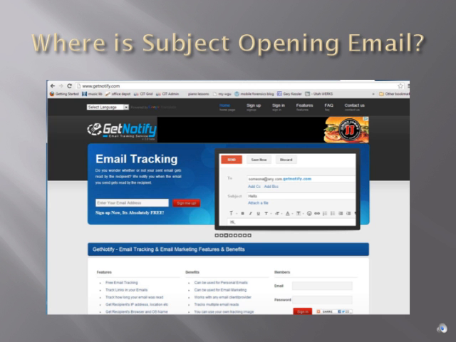Another thing that you can do to double check is to send out what's called a web bug. Where is your subject opening their email? So maybe they're spoofing their address. Maybe they're making it look like they're coming from Canada, or from England, or someplace other than where they are. If you send out a web bug, then when they open their email, you'll get a report back and it will tell you where they're opening their email. And at this point, they won't be trying to hide their identity or their IP address.